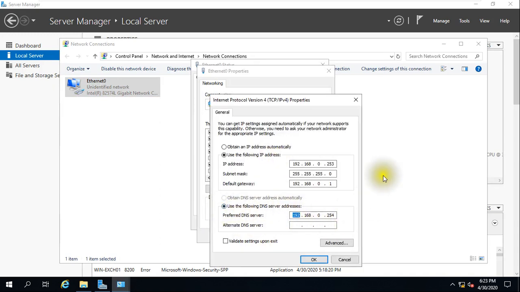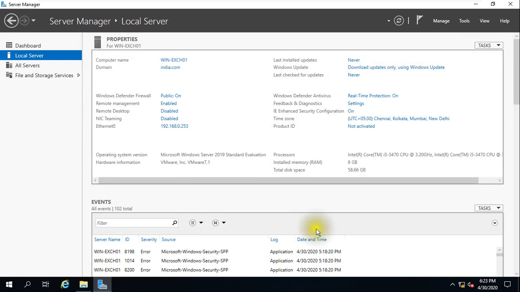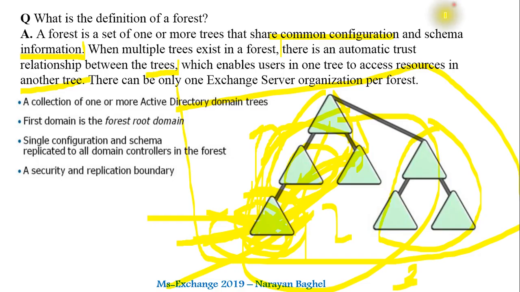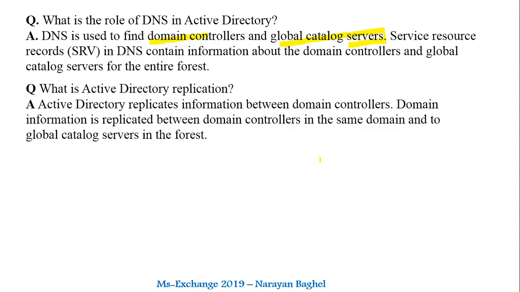It will help this machine to communicate with the global catalog or domain controller, to find which is my domain controller, and it will also help resolve name to IP address and IP address to name. That is the functionality of DNS in Active Directory. It will also create a couple of records, like which server is the domain controller, which server is the global catalog server, which server is the Exchange server, and lots of other records, like NS records and A records.